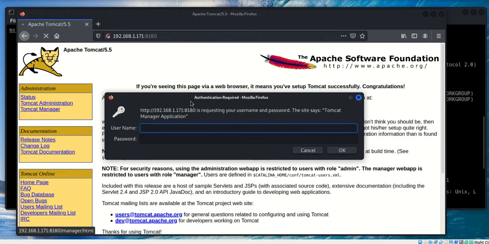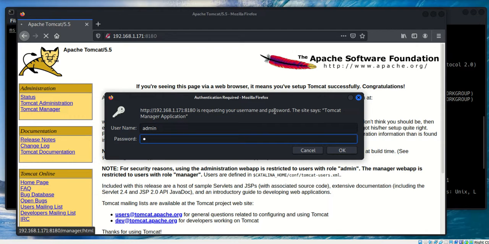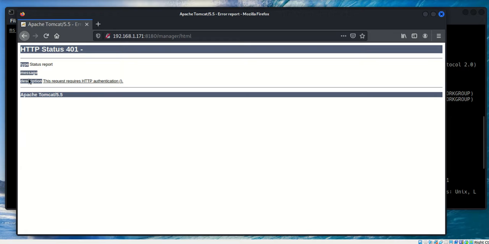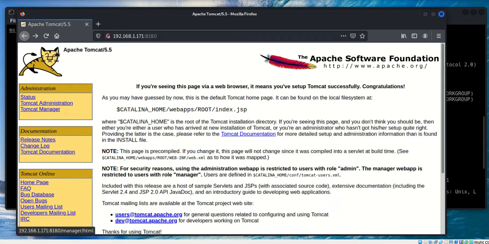As I click that, I see that it does challenge me for credentials. I'm just going to try it one time and see if admin works. You'll be surprised how many times something like that does work. So it looks like it's not going to work. When I hit cancel, the server shows that I'm basically not able to get in. There's a status error of 401. So I hit the back button again